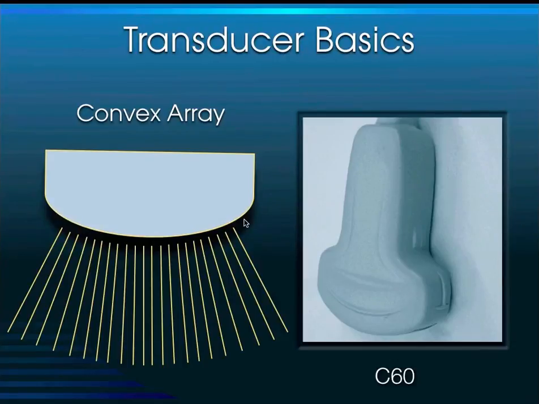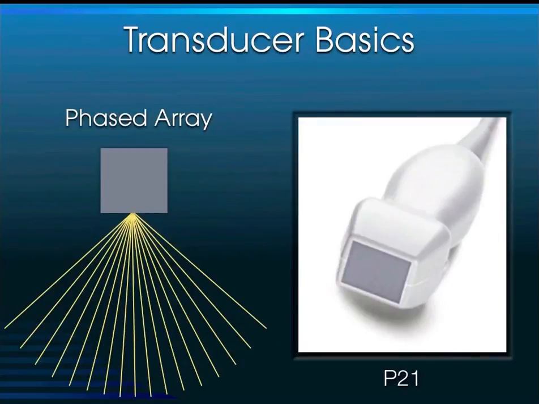Notice that anytime you're working with an array, the edges of the image splay out from one another and you lose a little bit of lateral resolution. So it's important whenever working with an array transducer to try to center the structure that you're looking at down the center of the screen, to take advantage of the fact that the scan lines are a little bit closer together. Now it's not so much of a problem with the C60, but when you get to the phased array transducers, where all the sound comes from a single source, then the edges splay out from one another a little more, and you really need to focus a little bit more on getting the structure you're looking at down